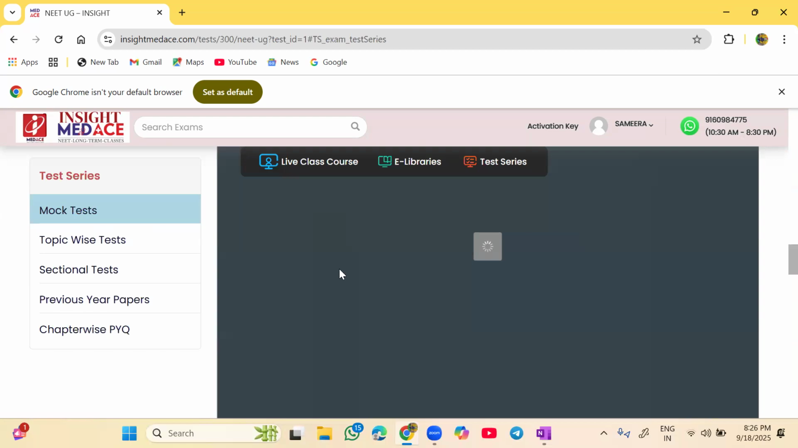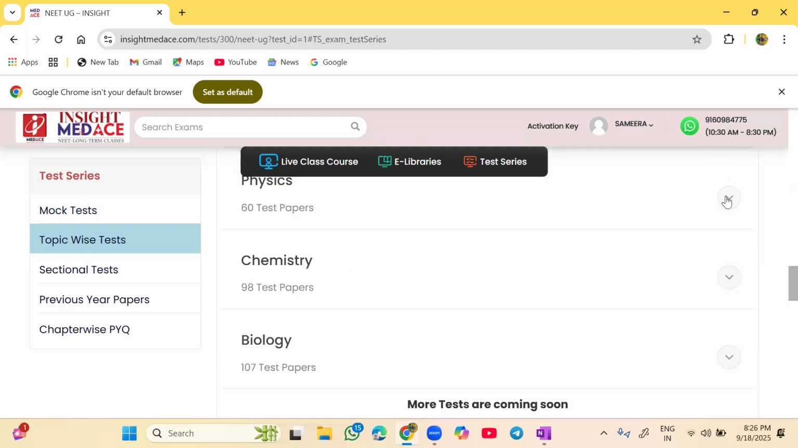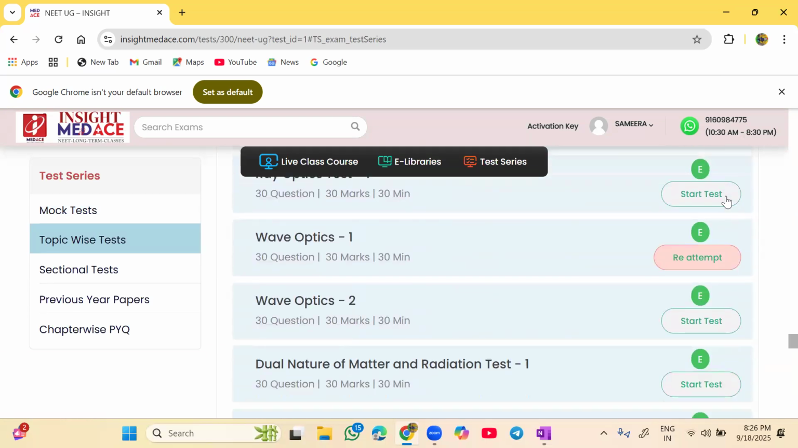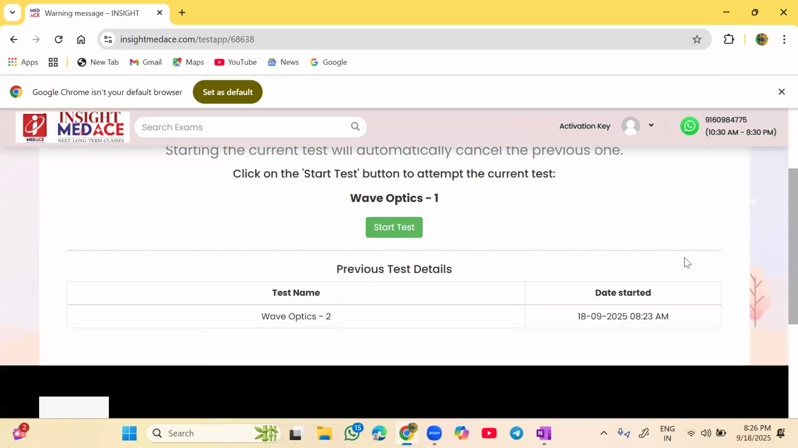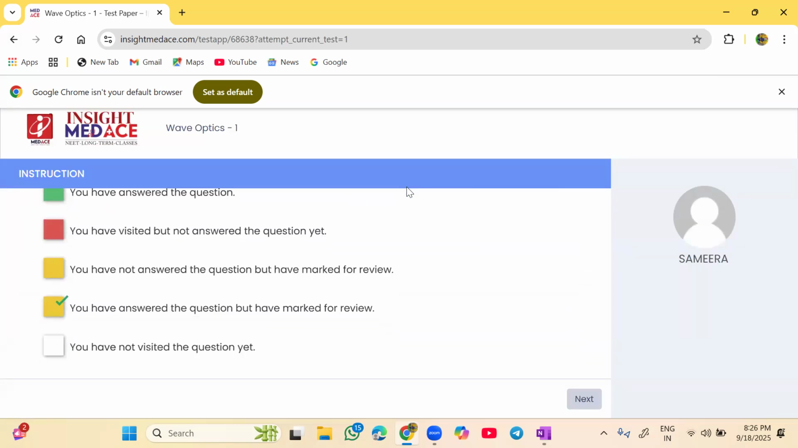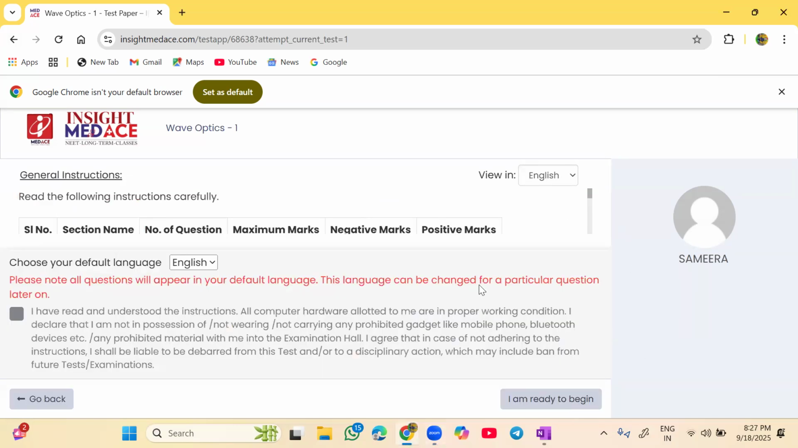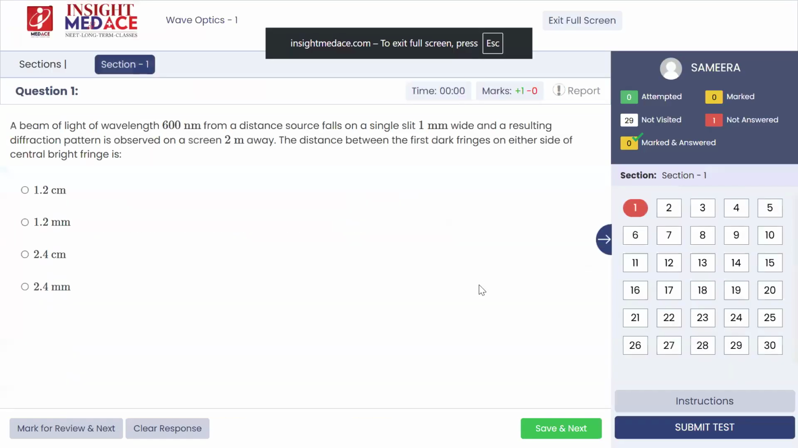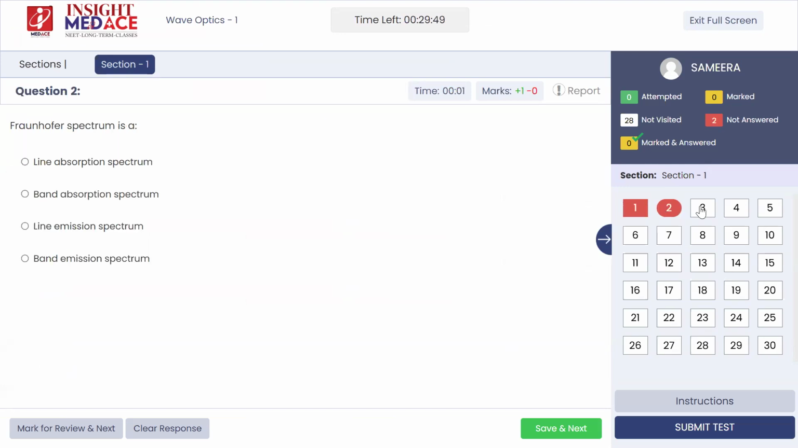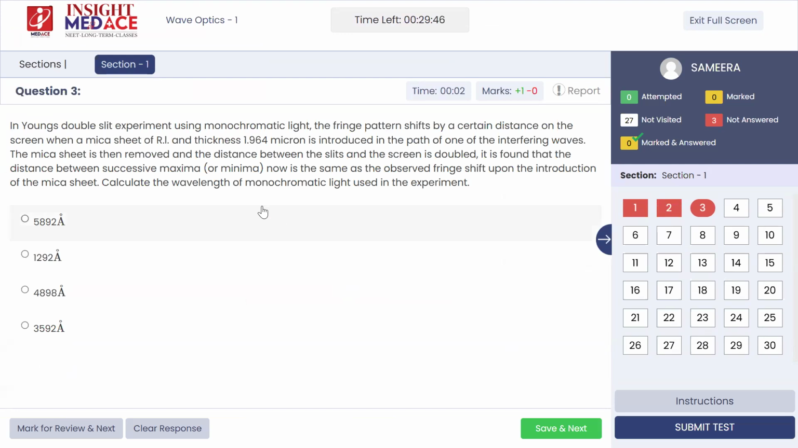टॉपिक वाइज टेस्ट है देखो। अब जैसे अपन फिजिक्स में जा रहे हैं, फिजिक्स में 60 टेस्ट है। तो अगर हम लोग आज का टॉपिक ले लें, दैट इज अबाउट योर वेव ऑप्टिक्स, स्टार्ट द टेस्ट अगर आप करते तो इसमें आपको क्वेश्चंस बनेंगे। दिख रहा है? ये डायफ्रैक्शन के लिए है। ये यंग्स डबल स्लिट एक्सपेरिमेंट है, ये वाला कर सकते हैं अपन। इन यंग्स डबल स्लिट एक्सपेरिमेंट, मोनोक्रोमैटिक लाइट फ्रिंज पैटर्न शिफ्ट्स बाय सर्टेन डिस्टेंस।